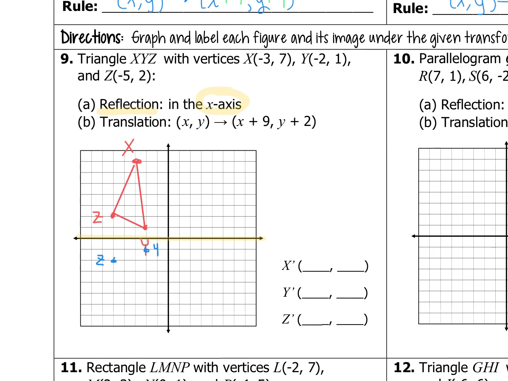So we're going to plot right there. So that's my x. And you don't even necessarily have to connect these with a dotted line. You can, but you don't have to. So that's my interim. That's my reflection. So then we're going to do the translation right here,